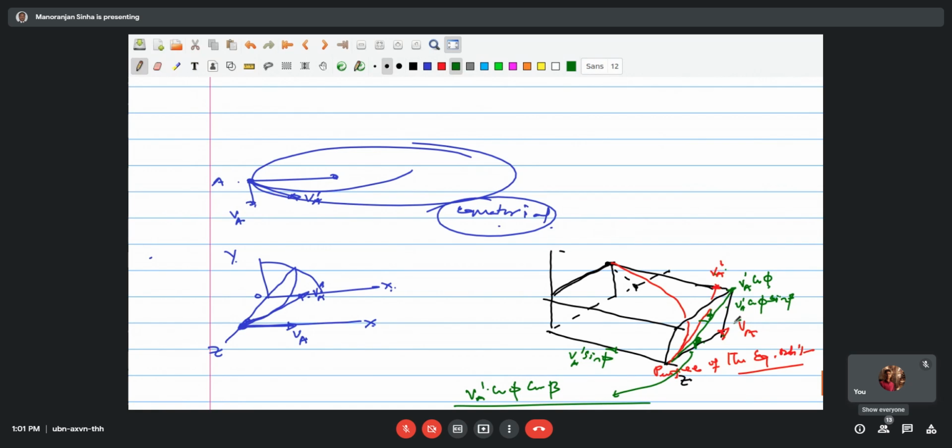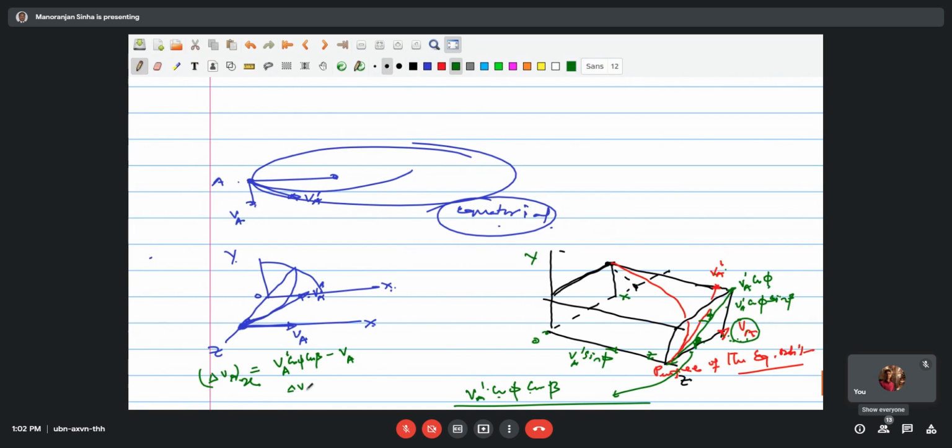So your velocity vector originally is only along the x-axis. This is point O, this is the z, here this is x and this is y. So originally it is only along the x-axis, and it does not have any component along the y and z direction, isn't it? Yes, sir. Because this is at the perigee. So therefore, VA and VA prime, writing all these things, VA prime cos phi cos beta minus VA gives you delta VA along the x direction.